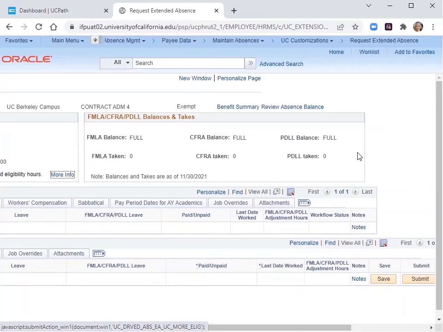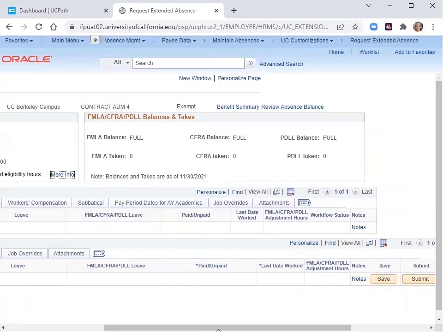If someone has used FML leave within the year, then you will see that within the balances and takes area. 480 hours is generally the full allotment of FML, and this would then be reduced by the number of hours that had been taken. The FML balance resets every January on an annual basis. If the employee has taken leave covered by FML that has been decremented in the system in the last year, you will see balances for how much time was taken and how much remains. For manual FML calculations, policy, and additional information on eligibility, please contact the Berkeley Benefits and Leaves team.